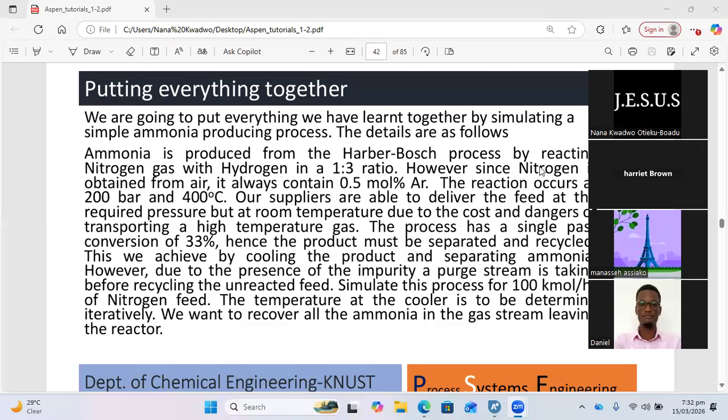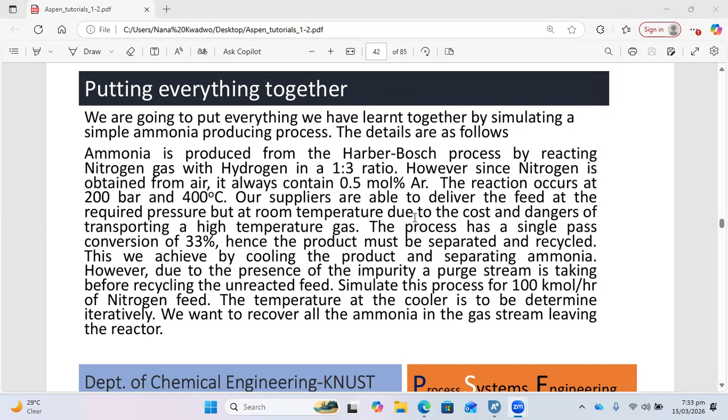Okay, so last week we just wanted to see how we can use the simulation environment to run this particular kind of simulation. The example that we have, we're told that ammonia is produced from the Haber-Bosch process by reacting nitrogen